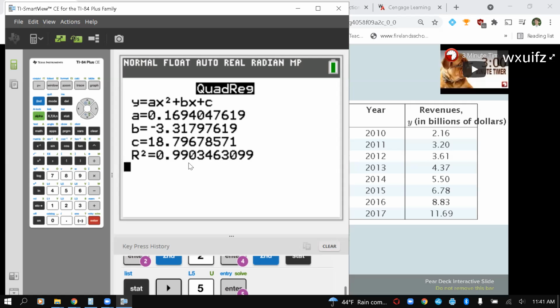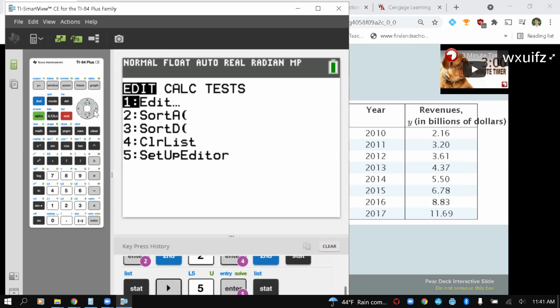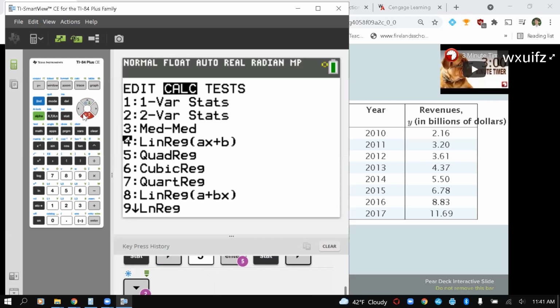To be honest, in real life we probably know that's actually not the best model for Netflix, because since 2017, I think they've just kept going up. So it's more like an exponential or logarithmic model, which we'll do next chapter. Yes, we will. It'll be so good. Actually, I'm going to do it now just because I'm curious. You don't have to do this, but